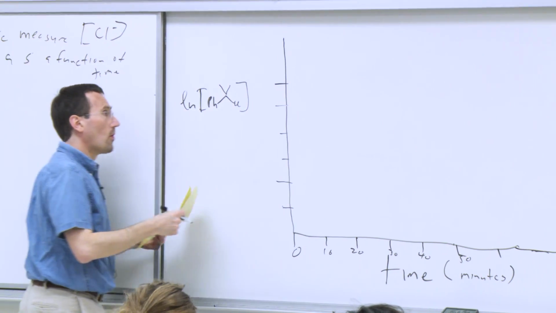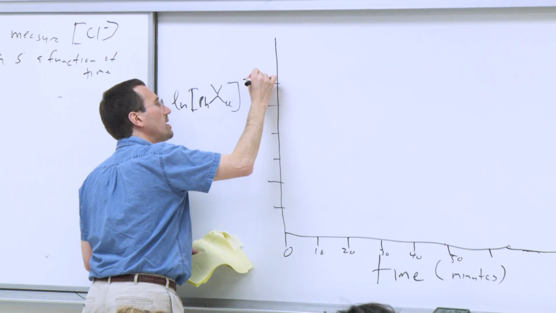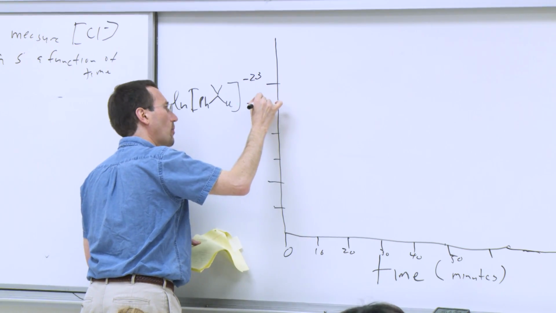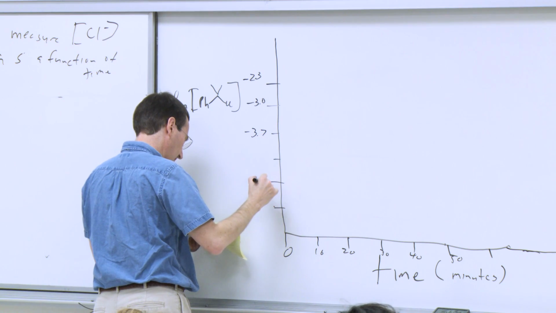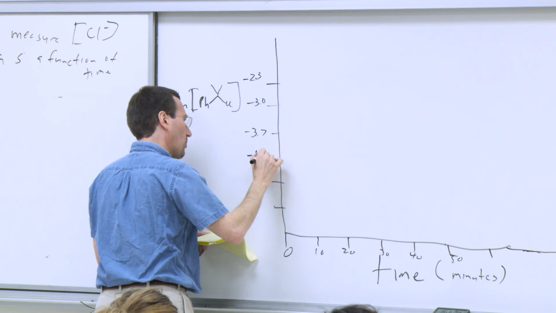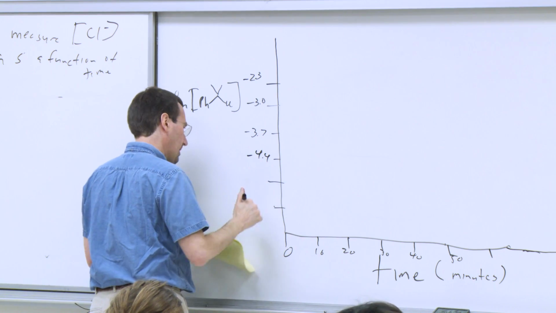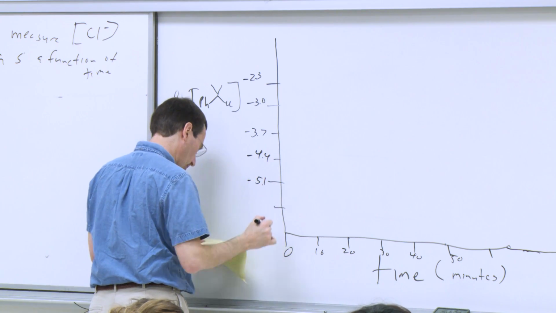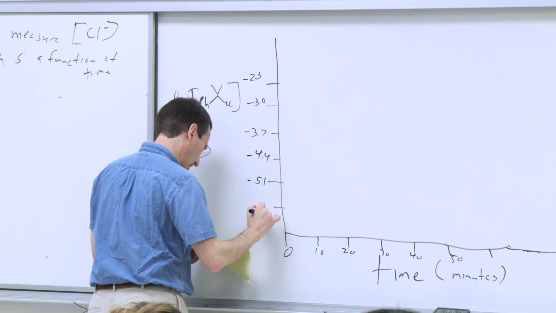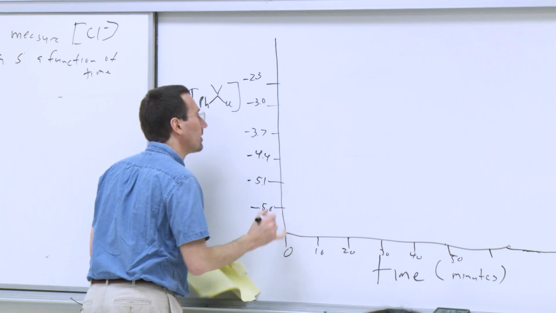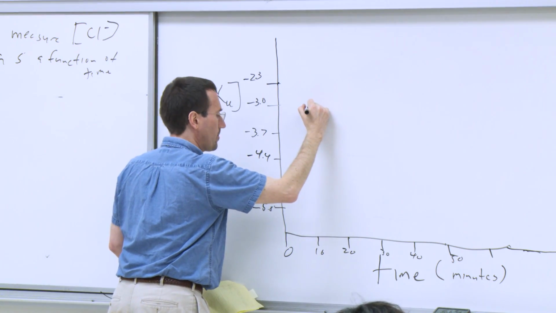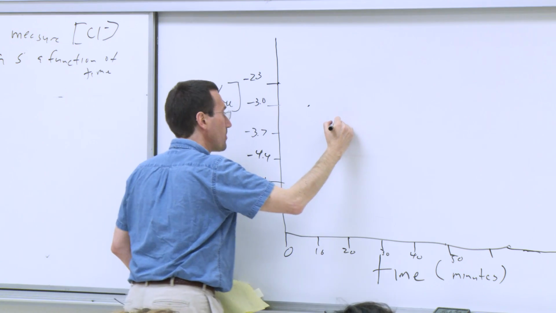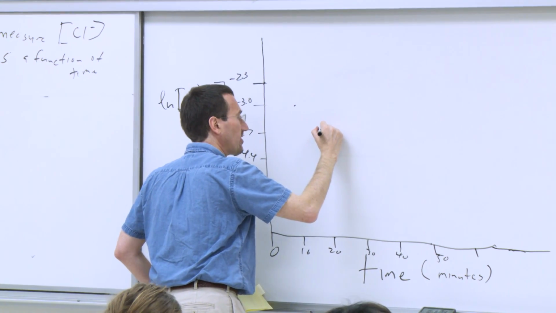And let's go -2.3, -3.0, -3.7, -4.4, -5.1, -5.8. And if I'm able to draw my data points well enough, which I probably am not because I haven't drawn perfectly here,